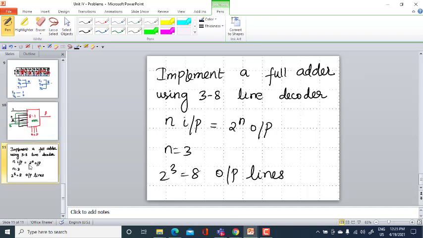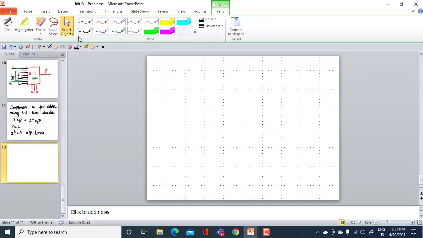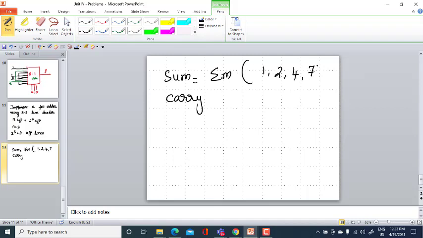For the full adder circuit, you have a sum and you have a carry. The minterms of sum will be 1, 2, 4 and 7, whereas the minterms of carry will be 3, 5, 6 and 7.